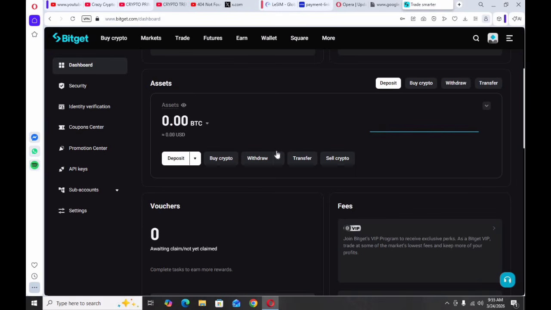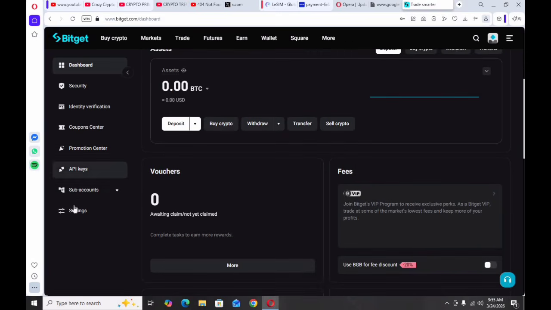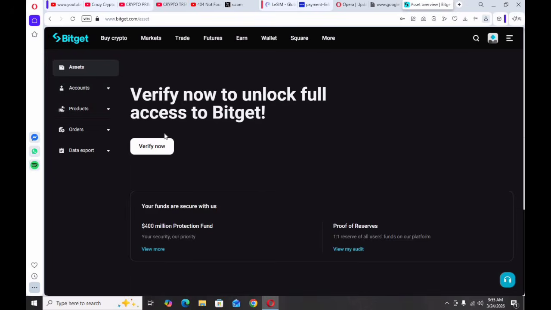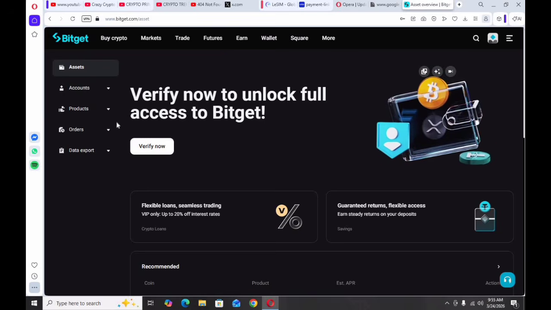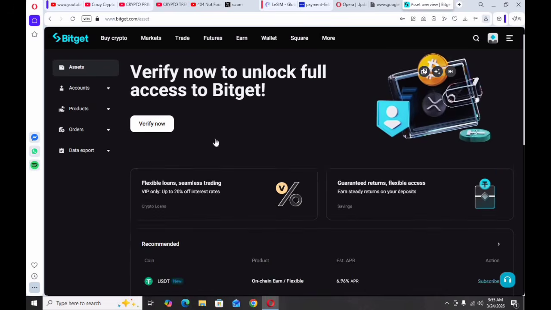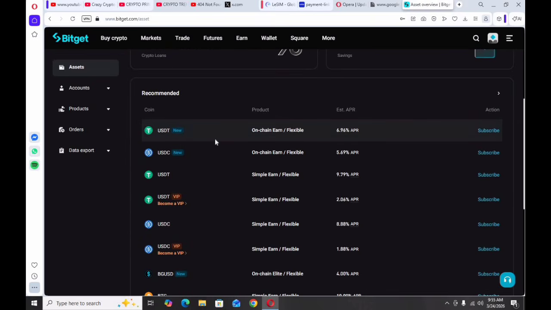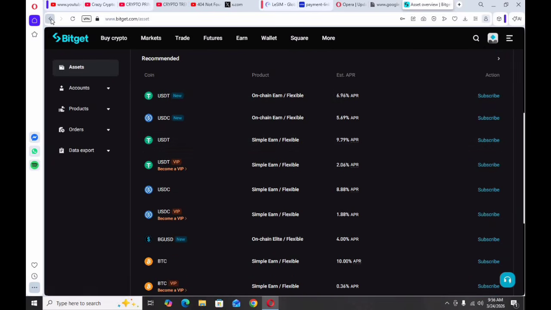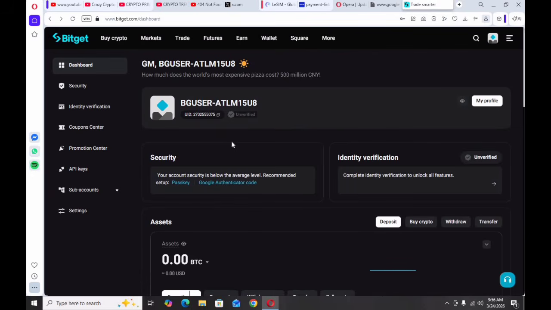So friends, now let's add funds to the account. There are two ways: crypto deposits, and you can see these are the settings here, and you can easily deposit from here. This is the crypto deposit option. First of all, verification is very necessary from here. For verification, you click on your verify option and do your KYC here. After doing KYC, you click on the dashboard, choose a coin, USDT or anything, copy the deposit address and send crypto to it. So like that, you can easily deposit your funds there, for beginners.